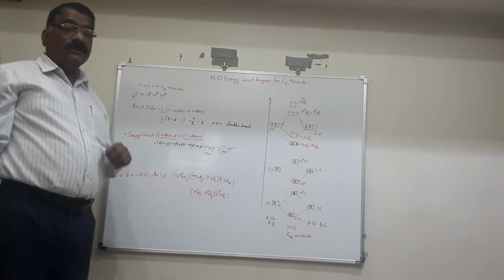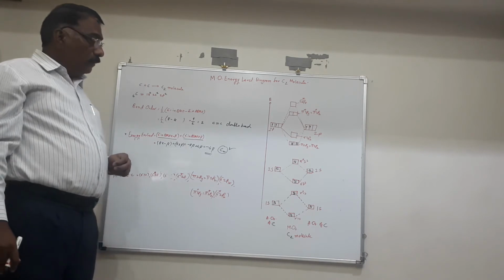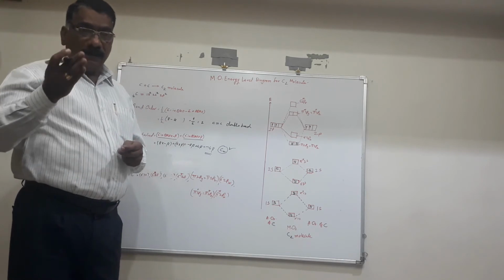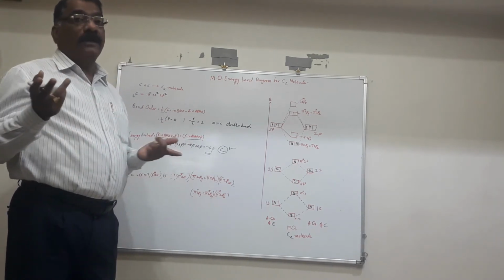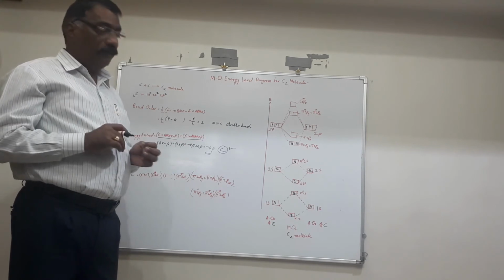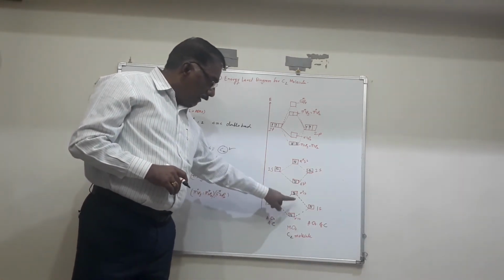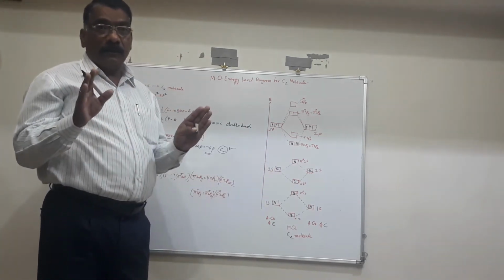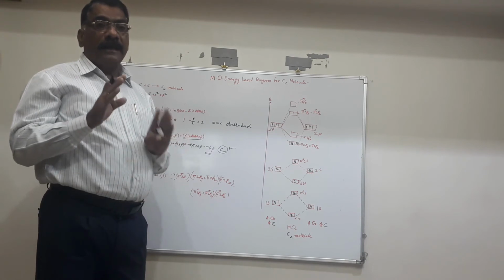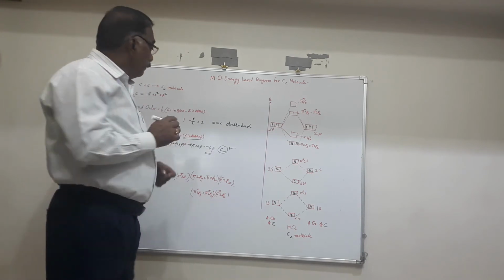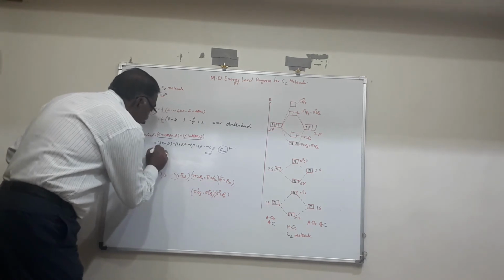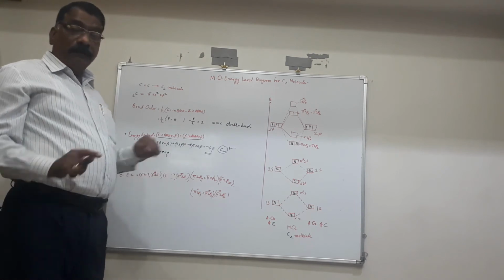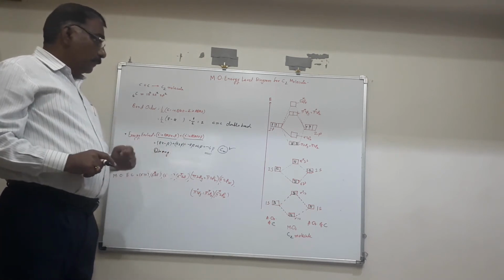After stabilization, we are going to see the magnetic properties of the molecule. Magnetic properties depend totally upon the electrons, whether there are unpaired electrons or no unpaired electrons. That means all electrons are paired. See here, these are paired electrons. There are no unpaired electrons. If all electrons are paired, that molecule is called a diamagnetic molecule. So here it is a diamagnetic molecule. If there is an unpaired electron, then it is paramagnetic. But here it is a diamagnetic molecule.